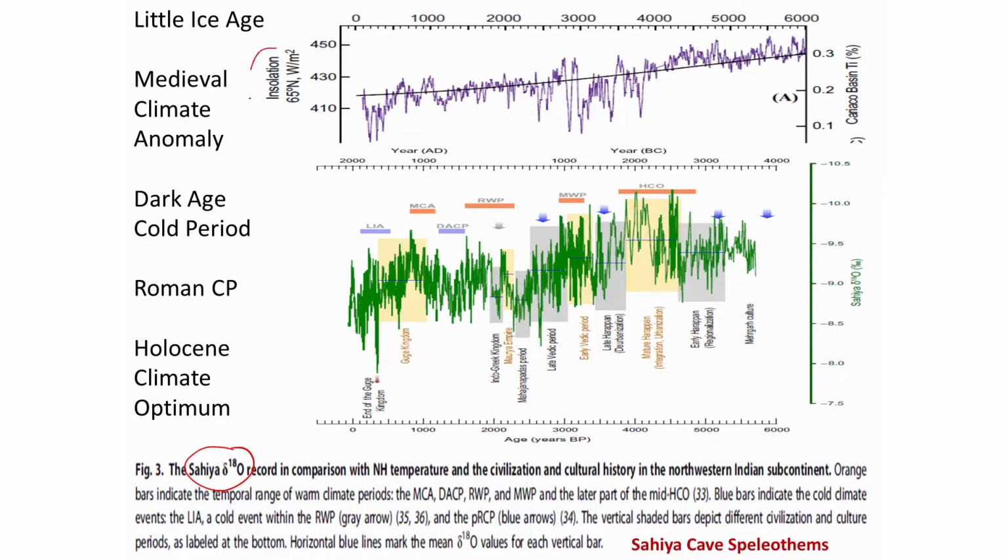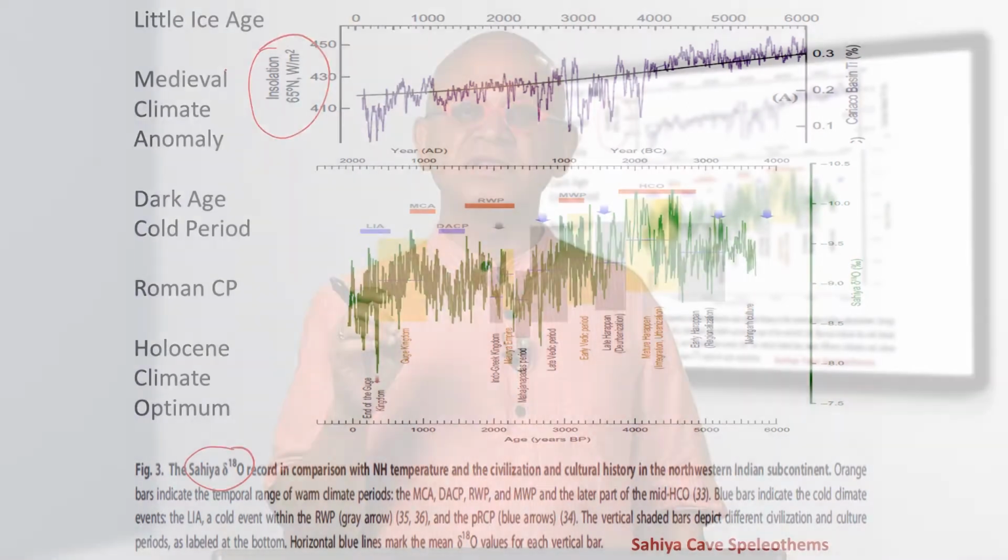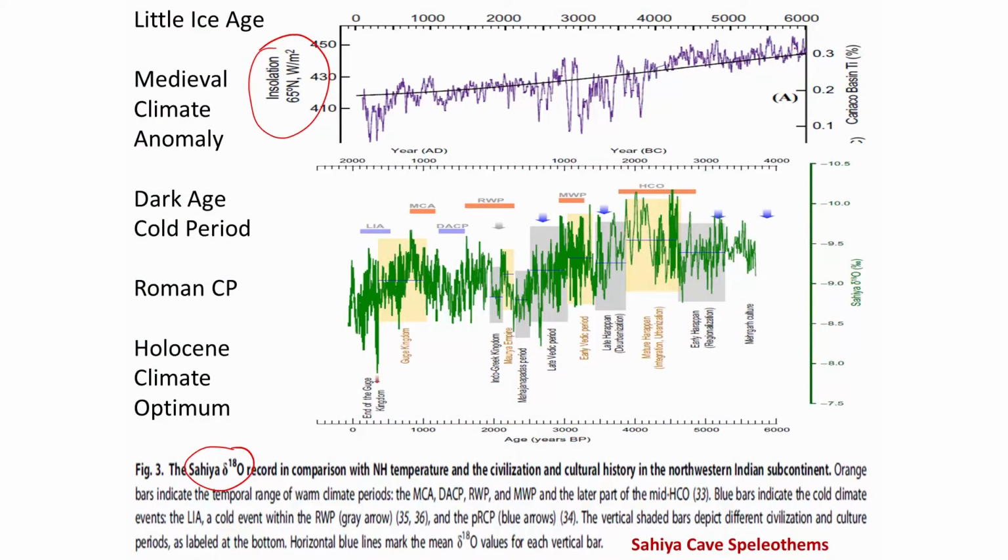And you can see that this is the insolation change at 65 north. As we learned before, the insolation change at 65 north is critical because that determines the summer melting, retreat or growth of glaciers, and then that leads to ice albedo feedbacks. So that has basically decreased going from 6,000 years to the present, with some variations along the way because of sunspots and so on. And the temperature record for the same period going from 6,000 to the present from the delta O18 signature in the Sahiya cave